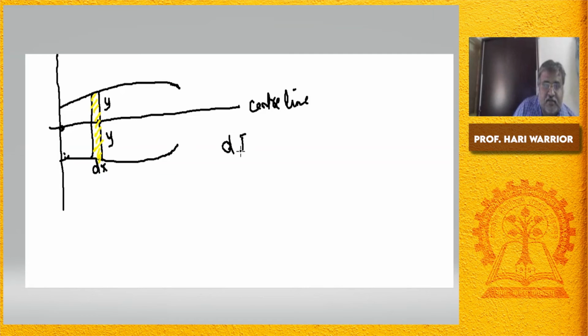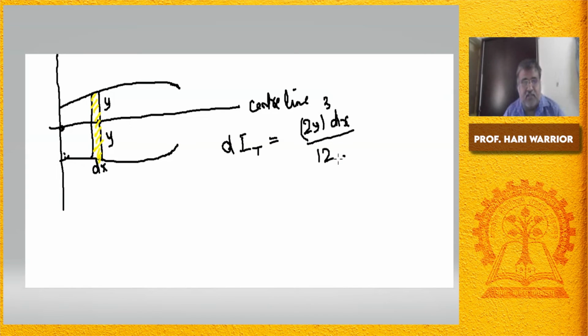I'll come to all the symbols, whatever I'm writing. dIT is equal to (2y) cubed into dx divided by 12. Now, how did this come about? What we are doing is taking the moment of inertia, the second moment of inertia, or the second moment of area. I'll use the terms interchangeably. You also use them interchangeably. It doesn't matter. So I take the moment of inertia, or the second moment of area, about the center line,